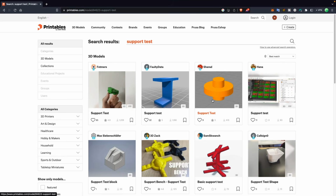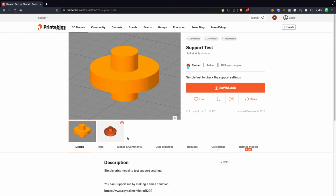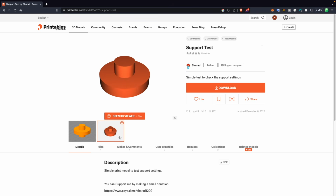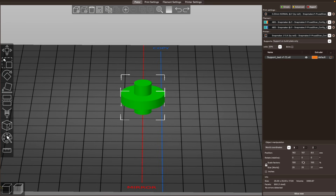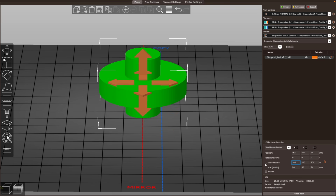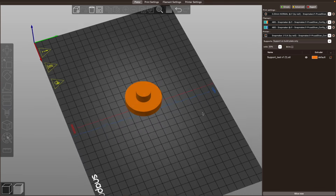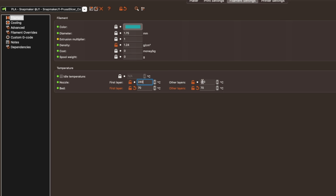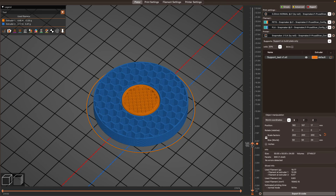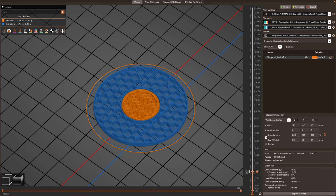For the testing, I found a fairly simple support test model over on Printables that I felt would be perfect. It has curved sides and a large unsupported area, which would be tough to print without having either the supports sticking to it or having sagging lines underneath. All the test printing was done using Prusa Slicer 2.6 Alpha 5. As far as settings go, I printed both the PLA and PETG at fairly standard temperatures and speeds with a